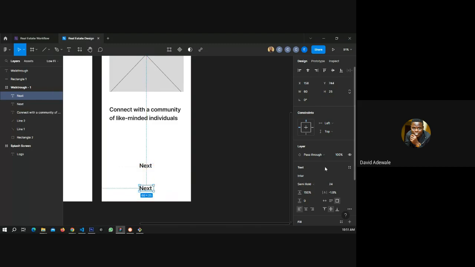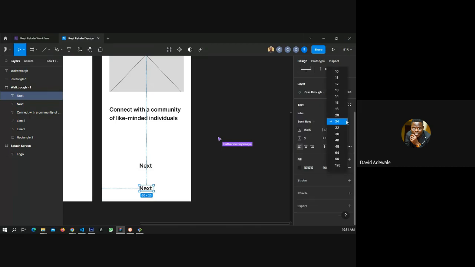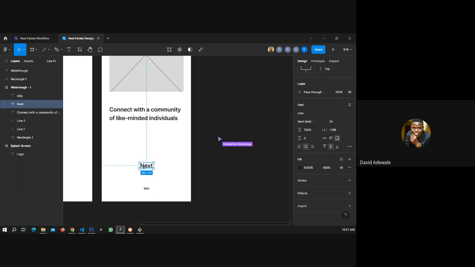So the skip will be smaller. Yeah, 12 skip. So I want it to be at the center so that by the time I'm making my button. So this one also, I want it to be a button.